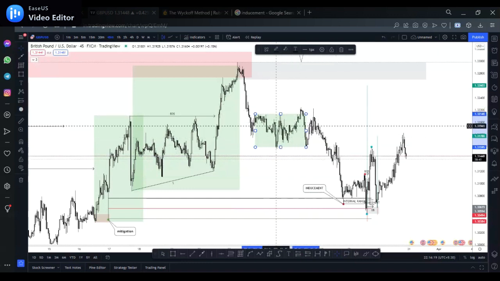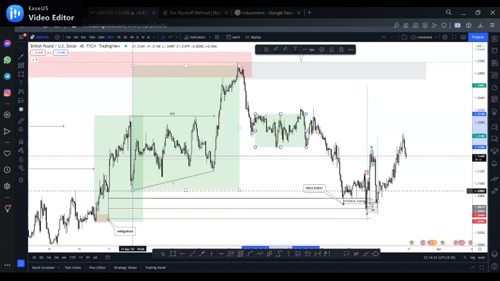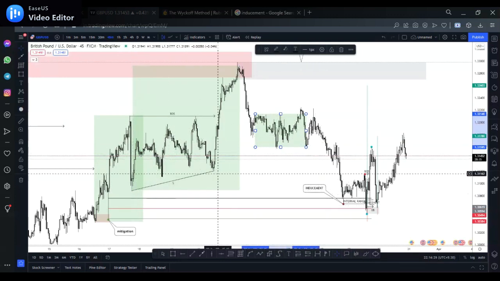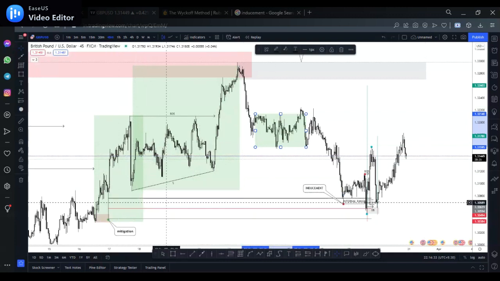All right, so they did this, and then came back down and cleared out this liquidity. So now their intentions have been completed right here, right? So now, how do you know they're going to respect Elon Musk? Because it's all a game of prediction. How do you know Elon Musk is not going to get stopped out?